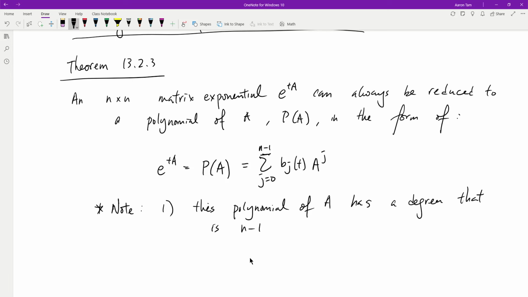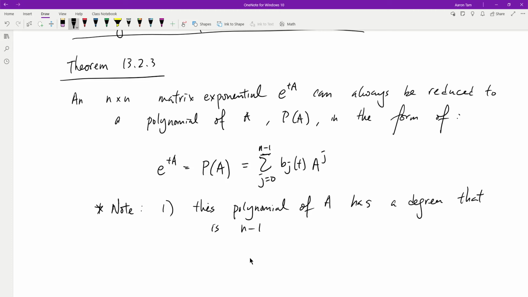That is extremely important because that tells me that instead of looking at e to tA as an infinite sum, we can actually rewrite it into a finite polynomial, which is so much better compared to an infinite sum,